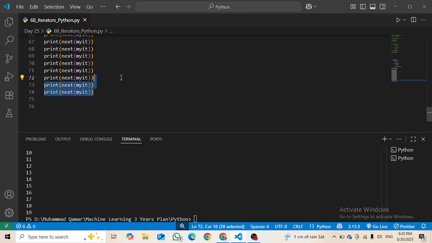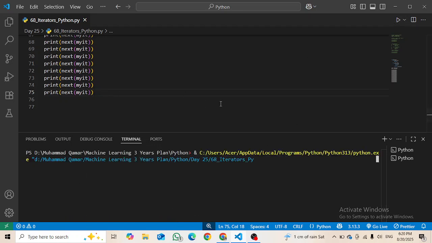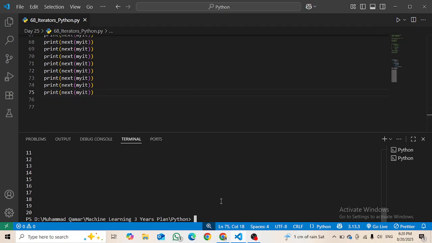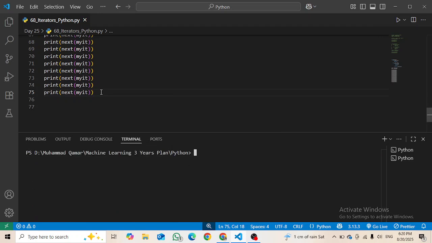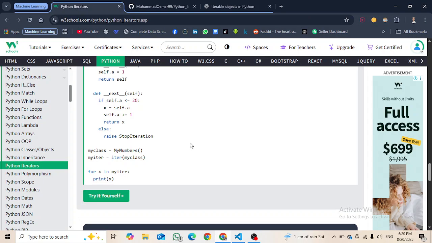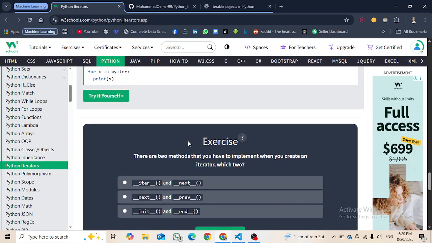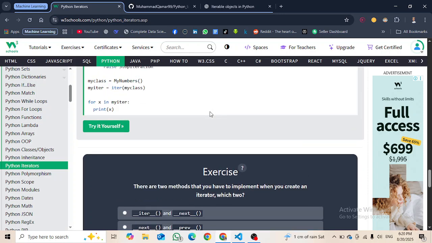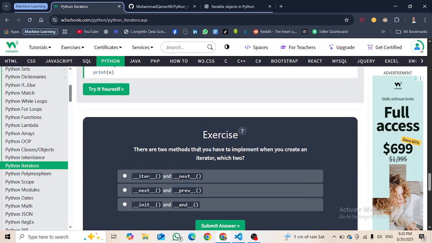Let's say we add one more here. It is now 20. It will now print 20. Okay, 20, here you can see. Let's clear it again, and now let's make it 21. So now I run it. Here you can see it is still coming to 20, and then StopIteration is executing. That's why it is not printing the rest. So yes, this was about the iterators in Python exercise.